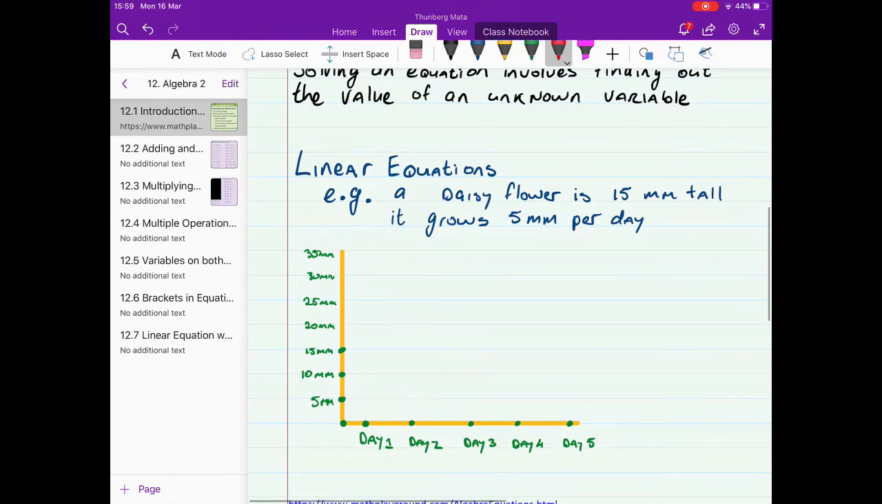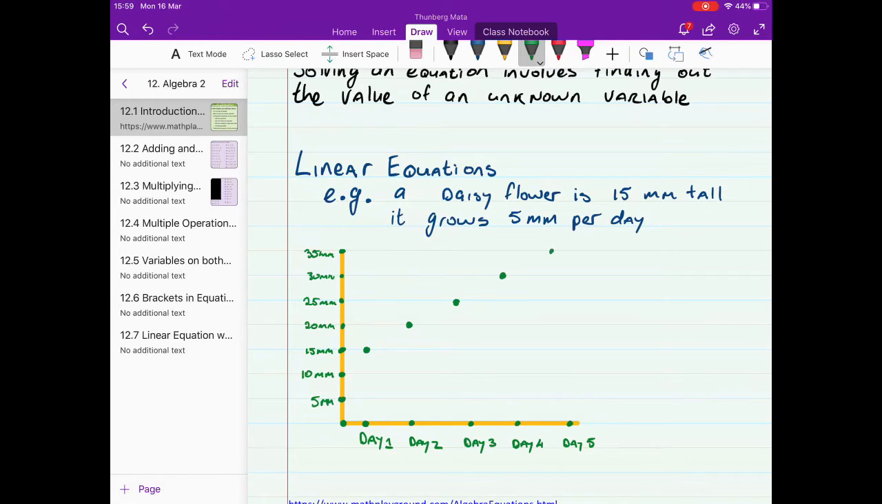So we can see here I've drawn an X and a Y axis for this, and I just forgot to put the little dots along here as well. On day 1, we know that it is 15 millimeters tall, because we've said the daisy is 15 millimeters tall. On day 2, it's going to be 5 millimeters taller again. Day 3, it's going to be 5 millimeters taller. So day 1, 15, day 2, 20, day 3 was 25, day 4 will be 30,